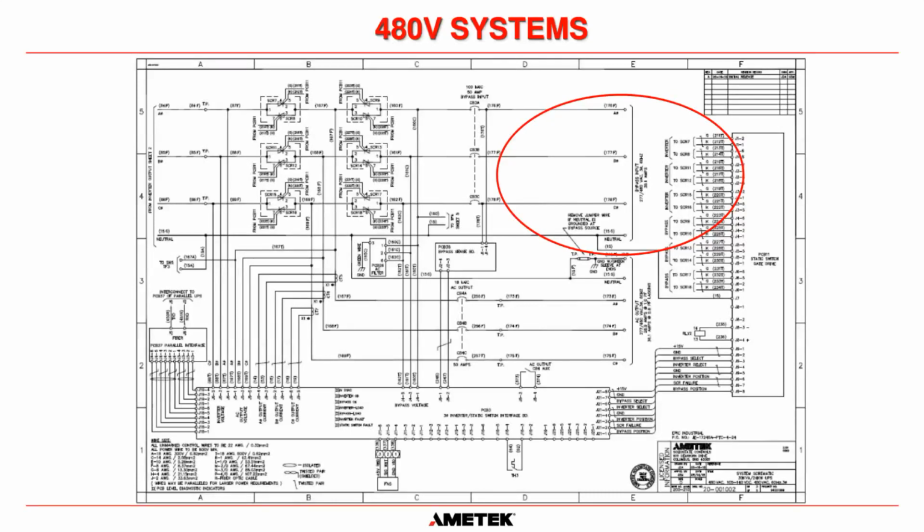The design engineer really needs to pay attention to this at the design stage on why they are doing a 480 volt system. Is it because you have a high resistance ground system, which we're going to go into in just a moment? Or is it because you want to power 480 volt loads from your UPS with some 277 volt loads? You can, and why it's important is the neutral. Okay, on this drawing here,